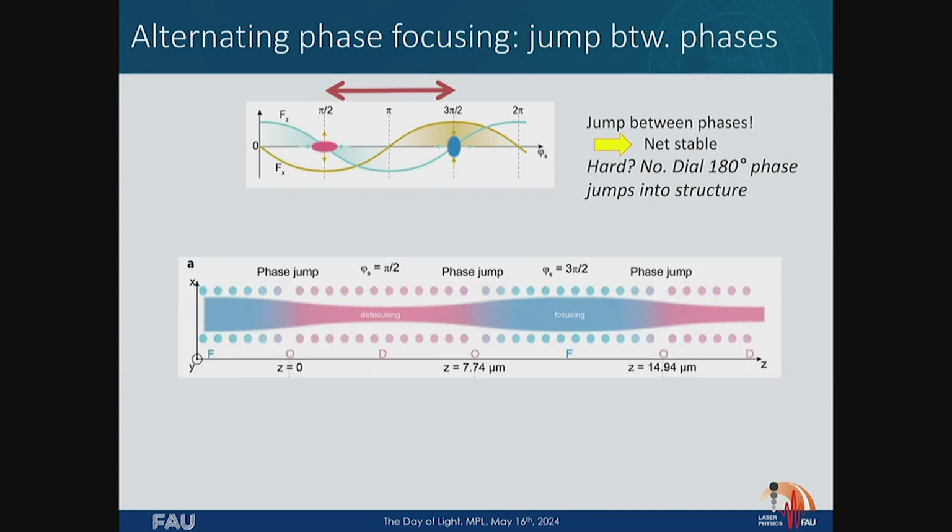How do we do this? We just dial in little phase jumps here in our pillars. So the electrons propagate down here with a more or less given speed, and then you have a little phase jump here, so the electron now enters a near-field region that is slightly phase shifted with respect to this near-field region here. Phase jump here, phase jump here, phase jump here just means you basically jump between these two points. Does it work?